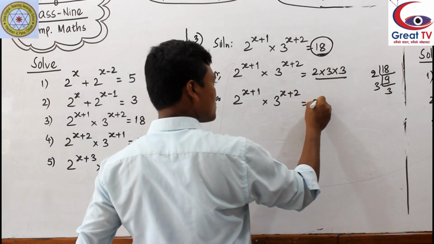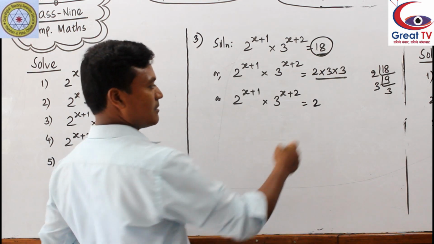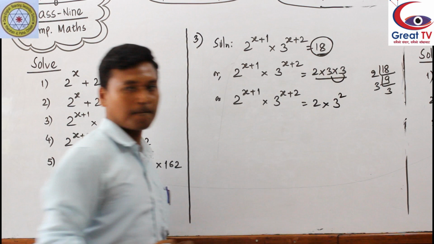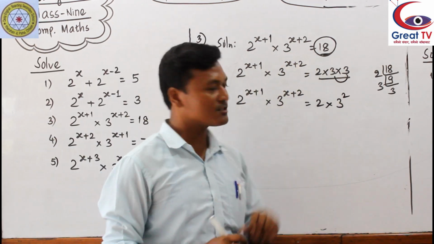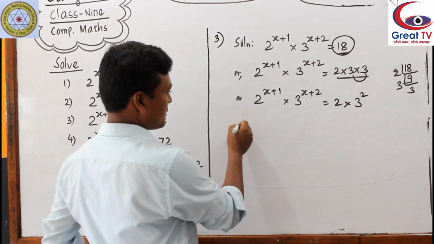Here we have a single 2, that is 2 to the power 1, which is not necessary to write, times 3 times 3, which can be written as 3 squared. After finding prime factors, write them in power form or exponent form. Then after this,